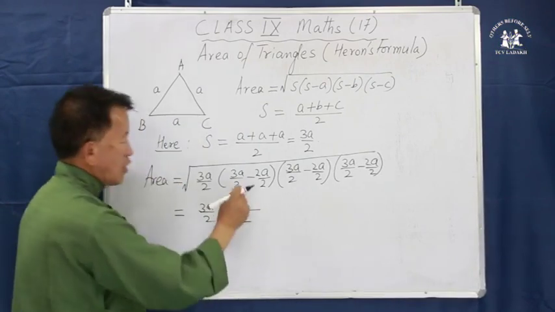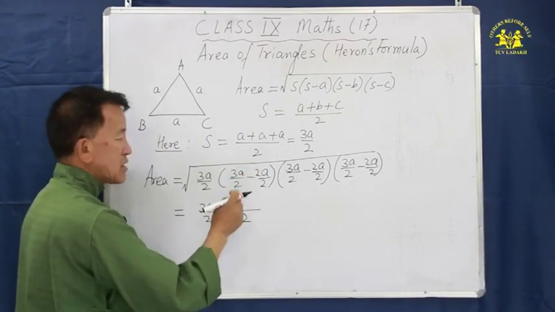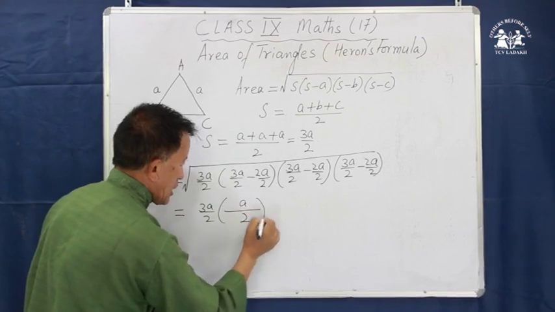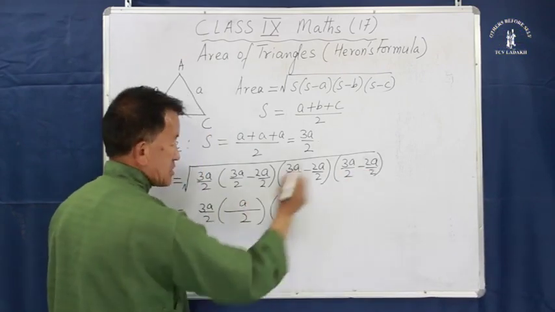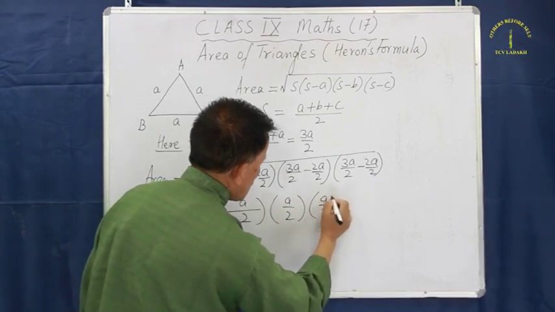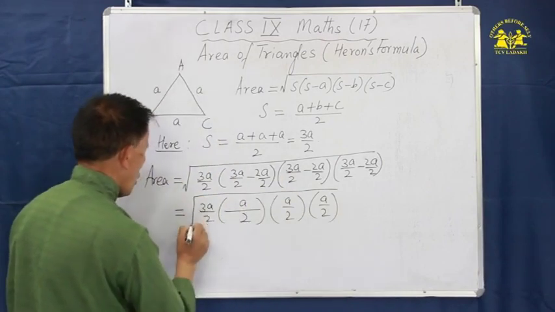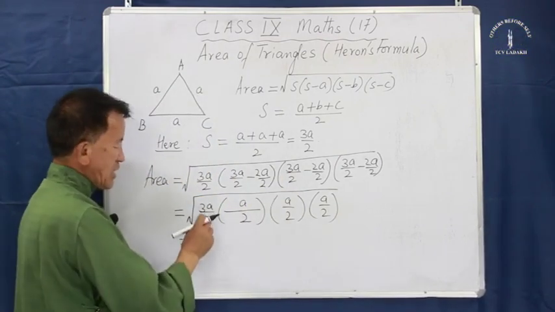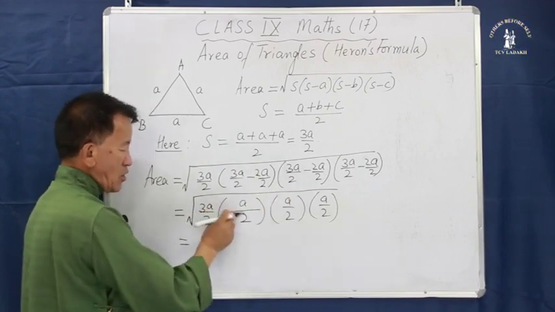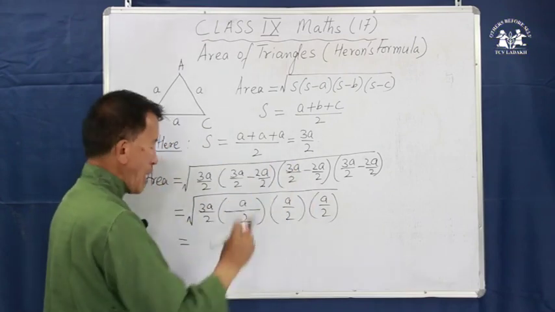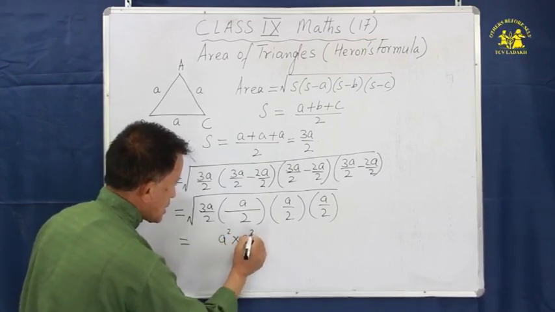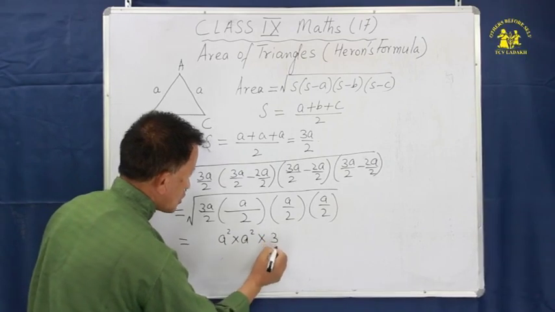Now in this case with a common denominator, 3A minus 2A is A, so A upon 2, A upon 2, whole square root. So that is 3A into A into A into A, and A into A into A into A is A power 4. So we can write it as A square into A square into 3 upon